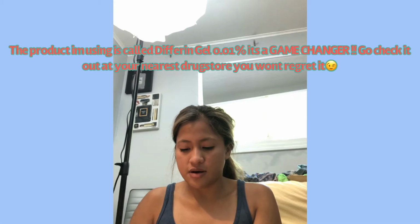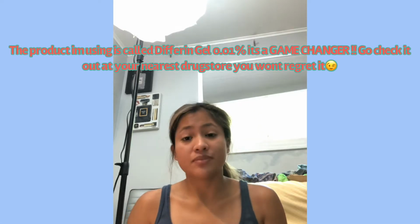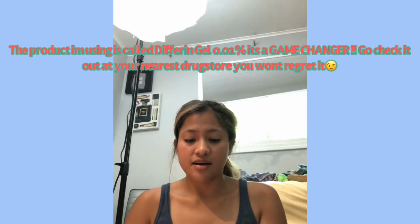Ugh, come on. I use Differin gel only at night, usually, but I forgot to use it last night. So here's how much I put in this use for both of them. So when I forget to use it,